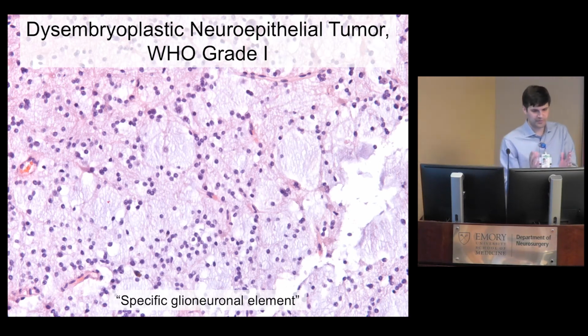what one would expect in a developing brain, where the cells are climbing up along radial glia to form the cortex. Okay, so these tumors were actually originally thought of as potentially being malformations because they had these specific glioneuronal elements, where you've got these little tumor cells lining up along the vessels or the axons. And so people thought, oh, it's a malformation. These things just stopped in